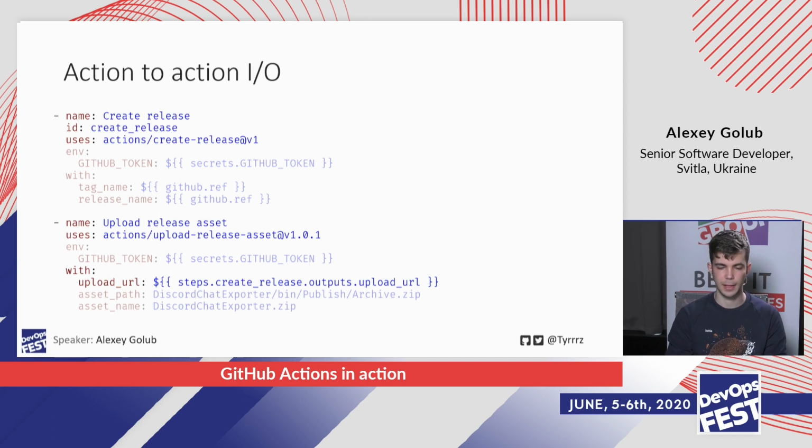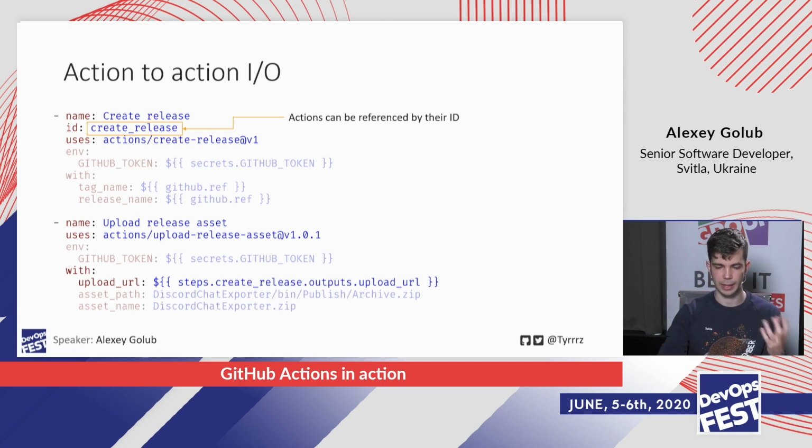The problem here is that in order to upload the release asset, I have to know which URL I have to use. As you can see, it has this input upload URL. But I cannot know it myself because it's created as part of the workflow of the build. So in order to have this kind of pipeline where one action specifies inputs to another action, you can do that by giving an ID to one of the actions. An ID is not like name, so in case with ID, it has to be unique and it has to, I guess, not have spaces. So in this case, I just have create_release to give the ID to that step.